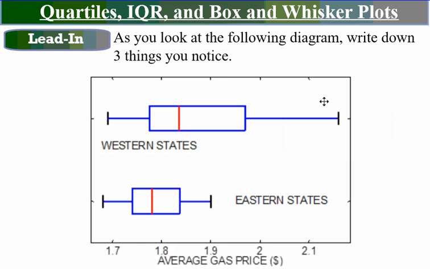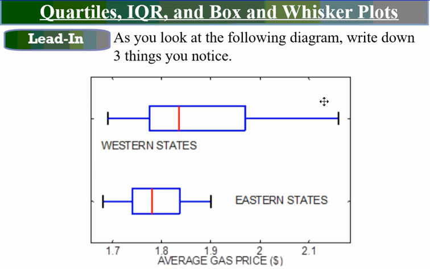Hello. In this lesson, we look at something called quartiles, the interquartile range, and then box and whisker plots are all tied in together. It's a graphical way of displaying data, so it's still looking at descriptive statistics, whereas in the last data set that we looked at, the empirical rule through the normal distribution. Today we're going to look at what applications can be had from a box and whisker plot or a box